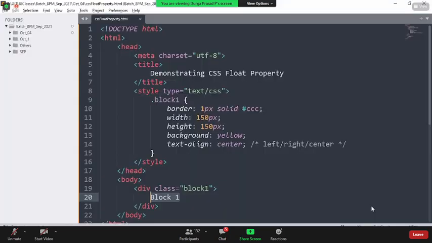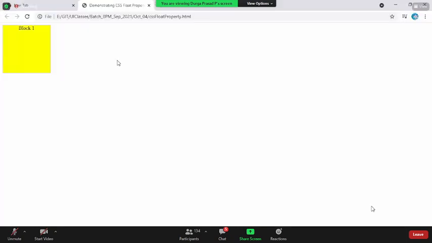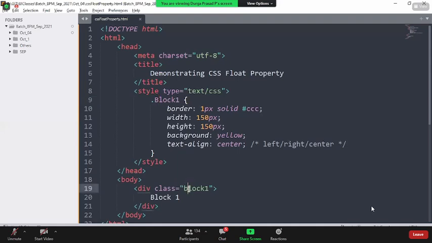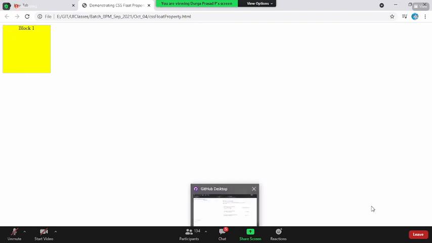Sir, can we put the class name starting with a capital letter, or is it case sensitive? We already discussed that. Say, for example, here I'm writing B. Now if you come back and reload the page, that is not getting applied. CSS classes are case sensitive. Now, if you want it applied, you can make use of b here. Reload like this. HTML is non-case sensitive, but coming to CSS, it is, at least the class names and IDs etc.